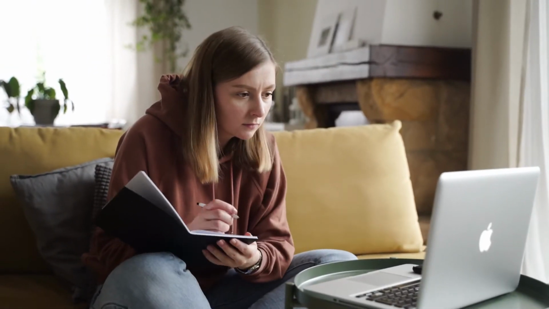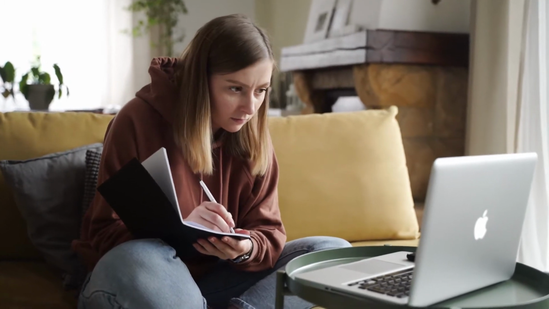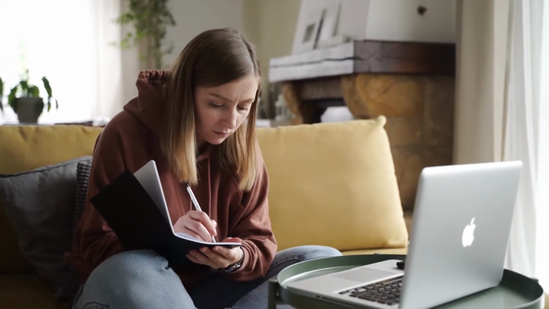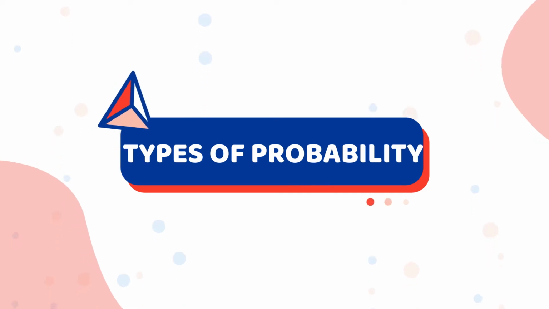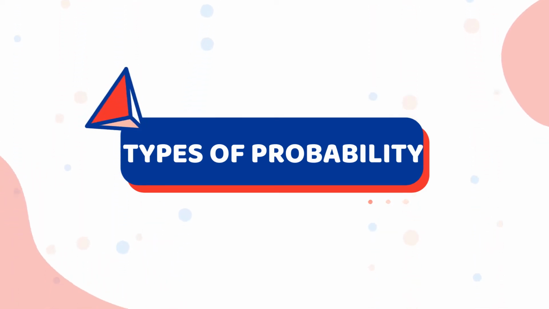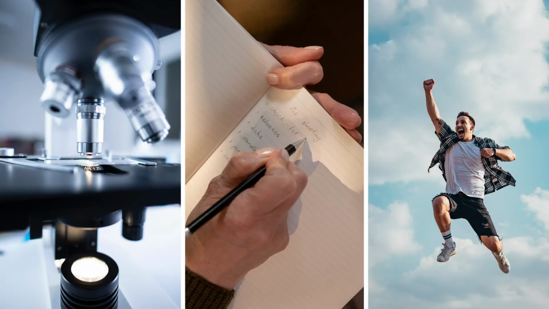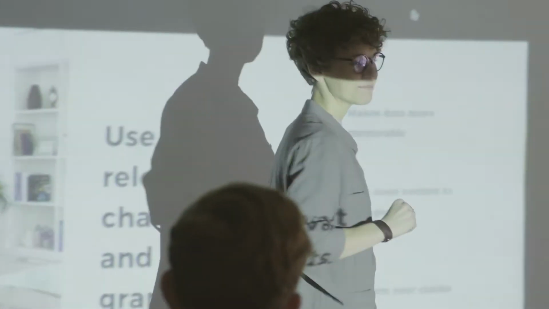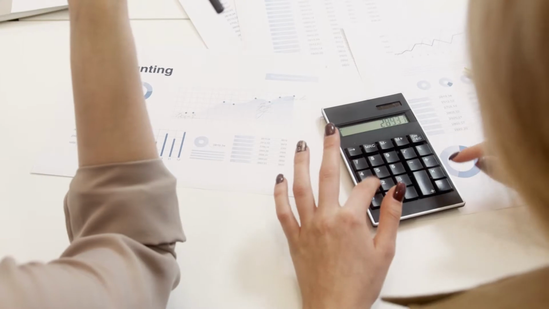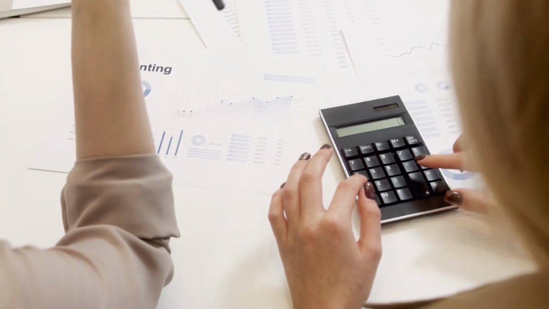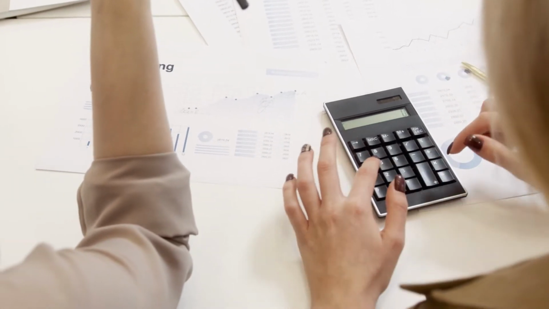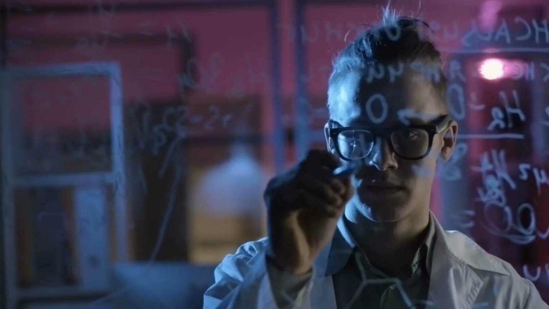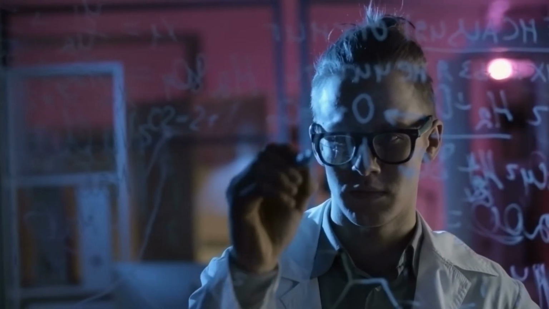In the last video, we introduced ourselves to the concept of probability. We talked about the types of probability and we defined the key terms we can meet in probability, such as experiment, sample space, and event. So in today's video, we are going to be taking a more mathematical approach to studying probability. We are going to be learning about the formula we can use to quantify the probability